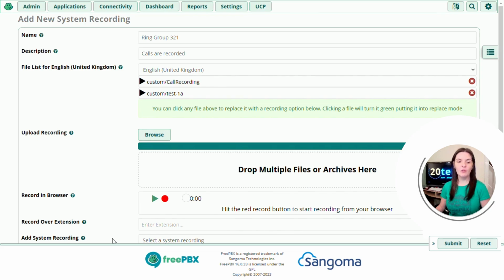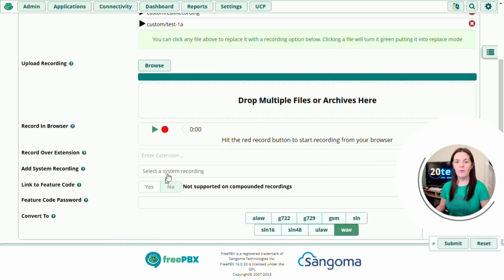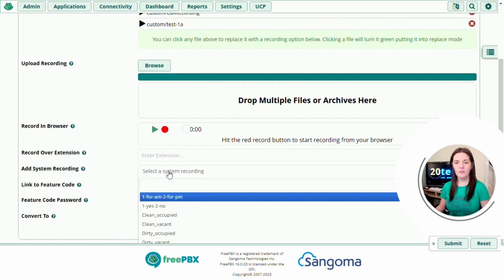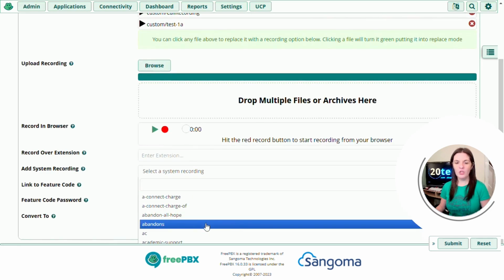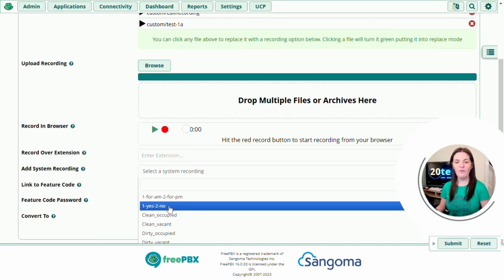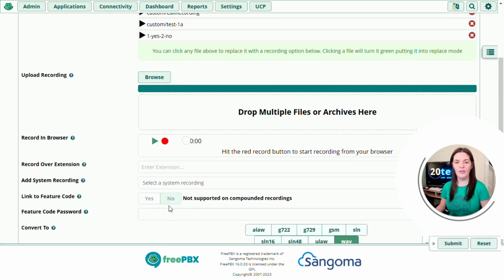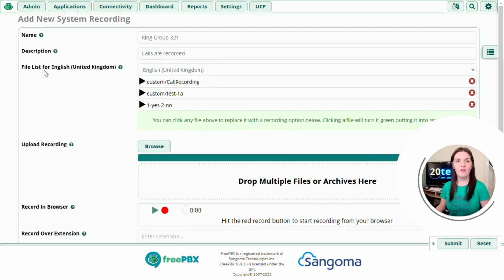So add system recording. These are short recordings that are already on the system. So if we have a look at the drop down, there's lots of different ones to choose from. They're more useful if you have queues and an IVR. So if we go to the top, I'll just show you an example. So we have 1 for yes, 2 for no. So if I click on here, it automatically adds it to my file list. So if we press play,